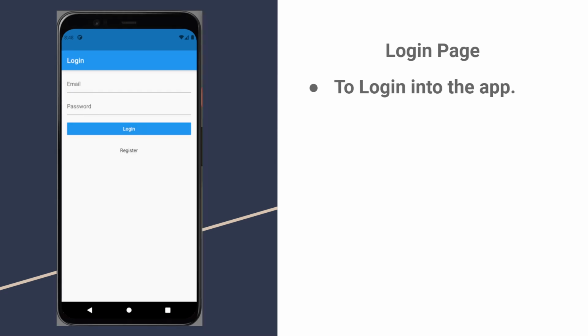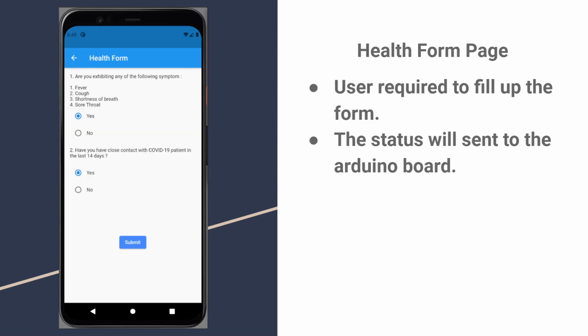After the user registers, the user is required to log in to this app. The user is required to insert the email and password. After the login, the user is required to answer a few questions regarding their health and submit the form.